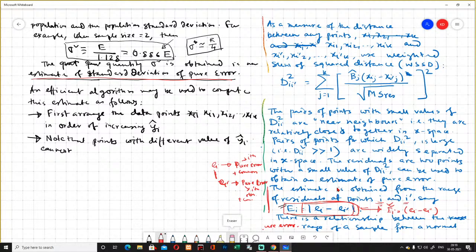So actually, where I write this thing, I used to obtain the estimate of pure error, an estimate obtained from the range of the residual of the point. So if you subtract these two things, this gives the pure error. So you can consider pure error as an absolute value. The pure error of the ith observation is the absolute value of something. So if you subtract these two,